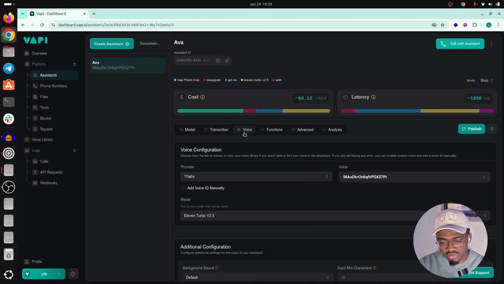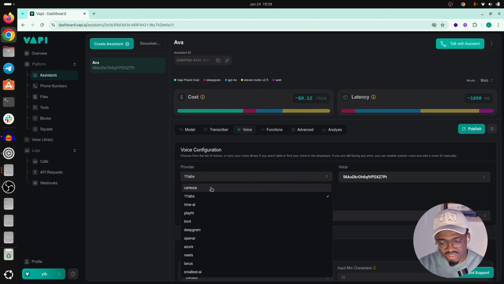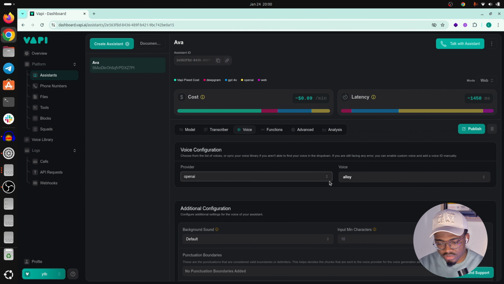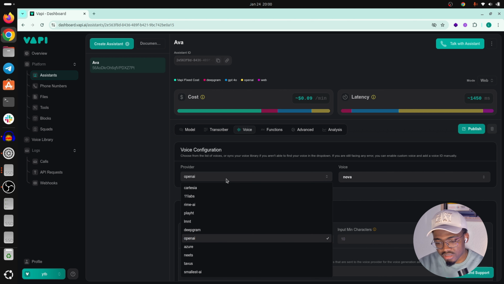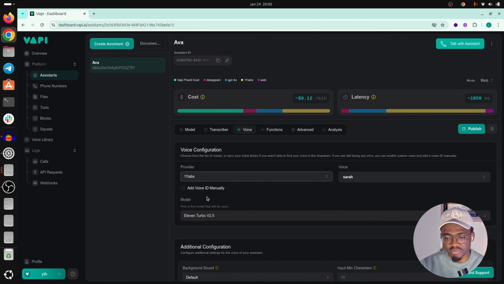So apart from that, you have the voice here. You have so many providers: Cartesia, ElevenLabs, PlayHT, OpenAI, Azure. So if you click on OpenAI, for example, you'll see that the voice from OpenAI is a bit less expensive. Where is it? Here. Then the voice from ElevenLabs. They're not that bad, but I feel like the voices from ElevenLabs are a bit more realistic. And keep in mind that this seems cheap, but it adds up quite